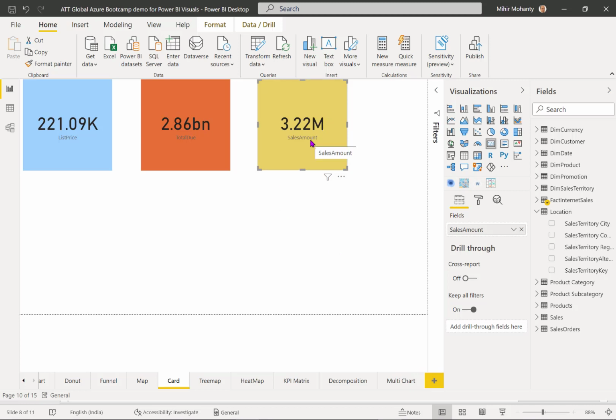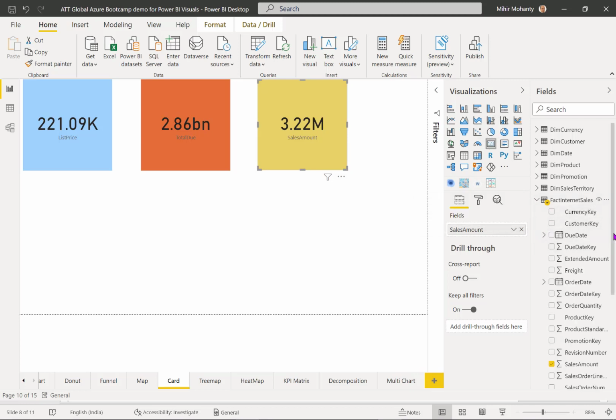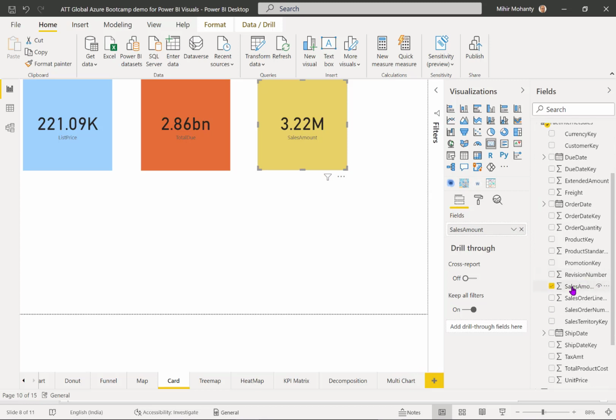Like if I want to know the sales amount of a particular month or a year, all I can do is come over here, go for this card view, go to my sales table, and if I just select sales amount, you can simply get that particular number, because many a time the CXOs are interested to know a particular number at some point of time, and this is how it works. You can still look into different cards I have created, and this is how you can look into different visuals and represent your visuals accordingly.